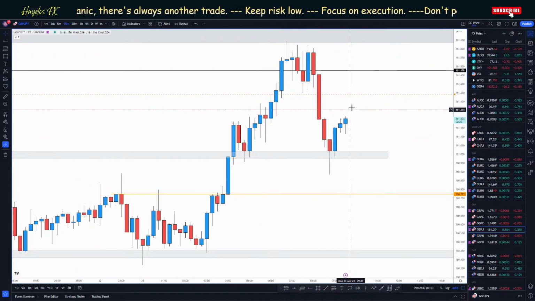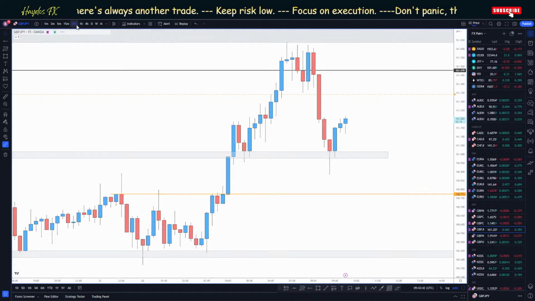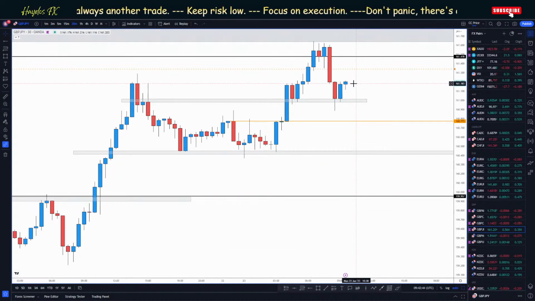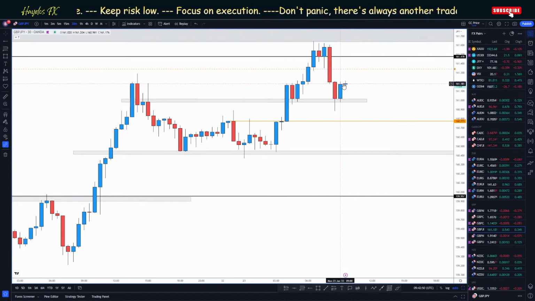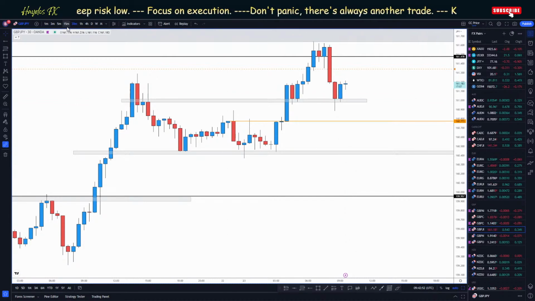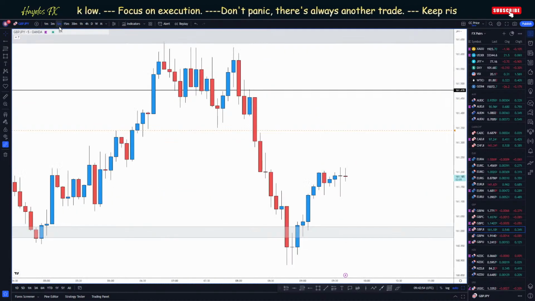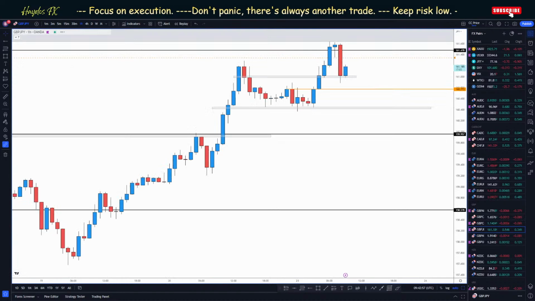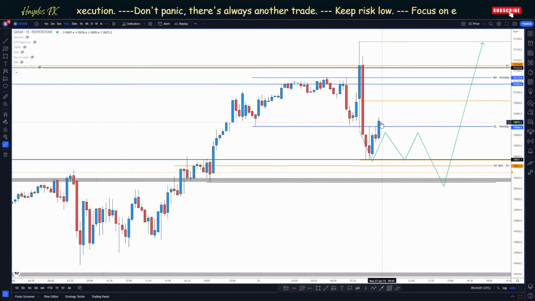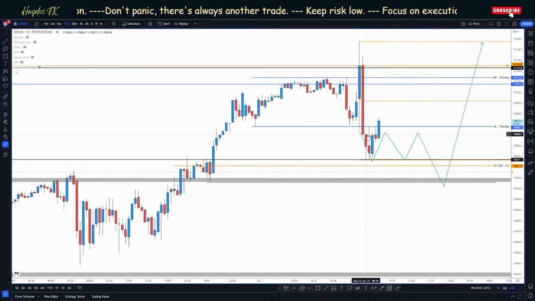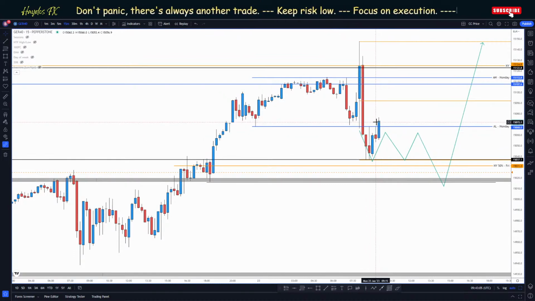I could see this move now, pushing up. I could see that one very easily. But I don't like this candle. This is looking like a fake out. If this closes back above here,